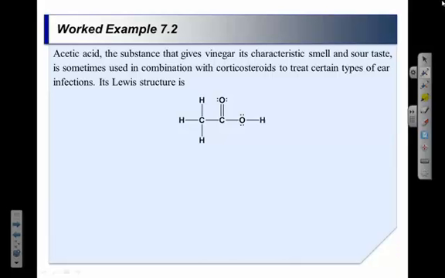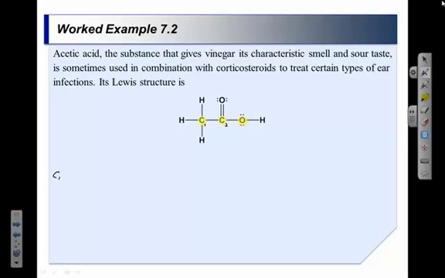Another example here, even more complicated. This is one that you might have written for one of the lab formulas. So this one has 3 central atoms. I've got to analyze them one by one. So let me number these carbons so I can keep them straight. So carbon 1